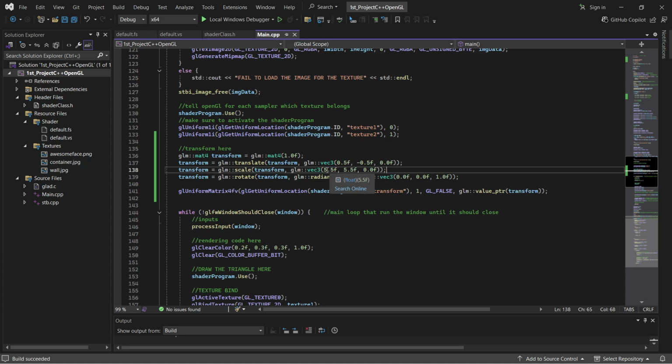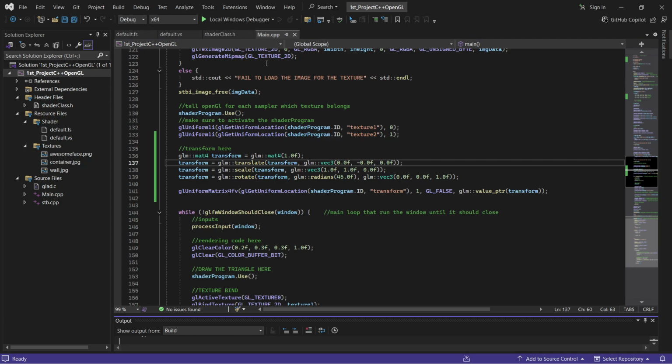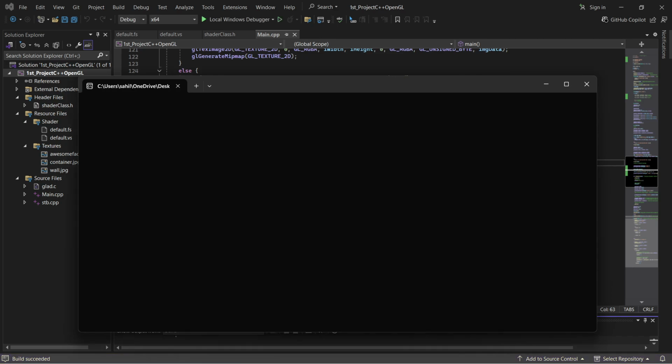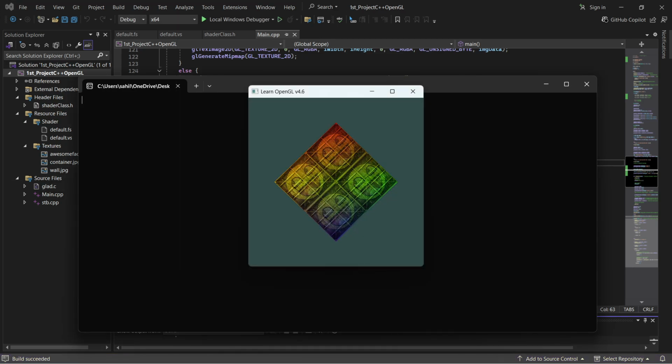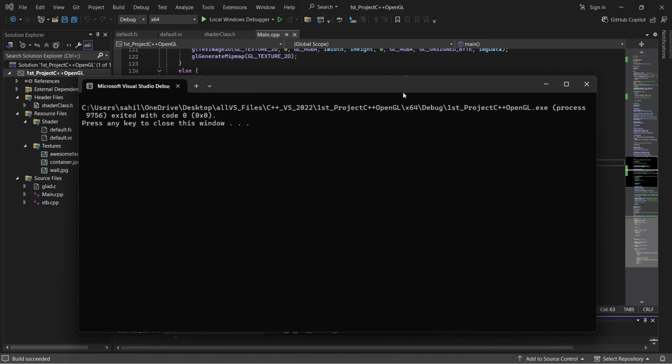So here, if we do like 1, 1 and 0, as you can see, we're gonna rotate it on z axis, and the location we are not changing it. As you can see, location does not change, and if I don't rotate it on 45 degree or 90 degree, as you can